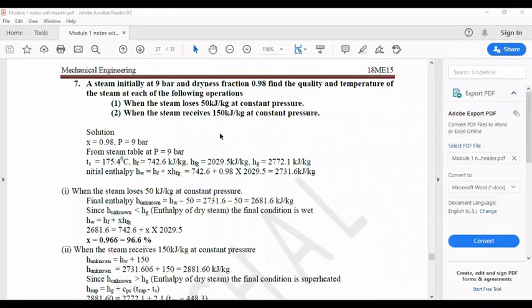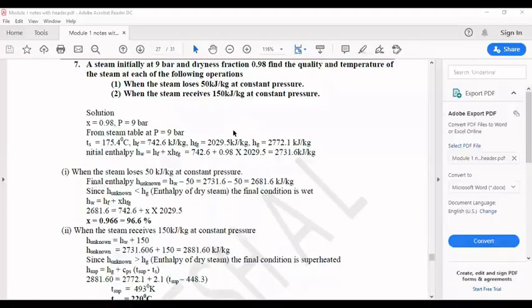In the last lecture, I explained the problems based on steam formation. There, we just found out enthalpy. In a few problems, they'll ask what will happen to the condition of the steam if some amount of heat is added. Those kinds of problems we'll solve now, and along with this, we'll solve to find out the specific volume and the internal energy. So in this problem, they asked for